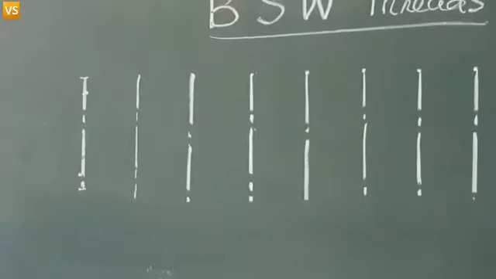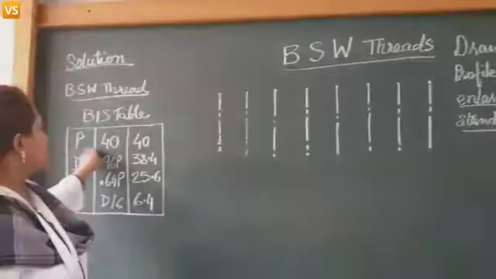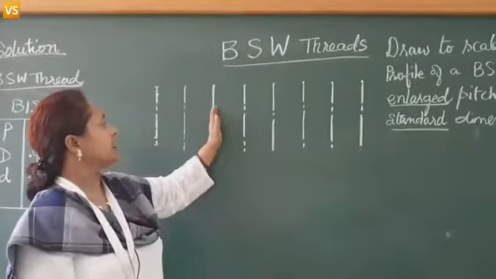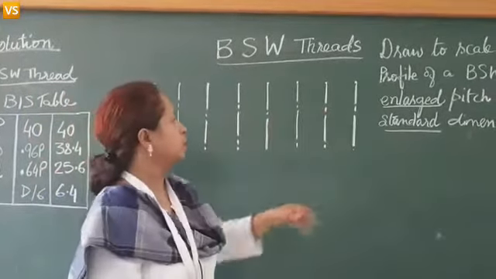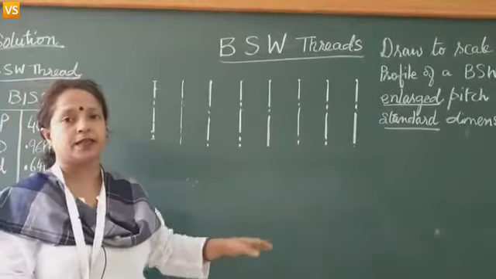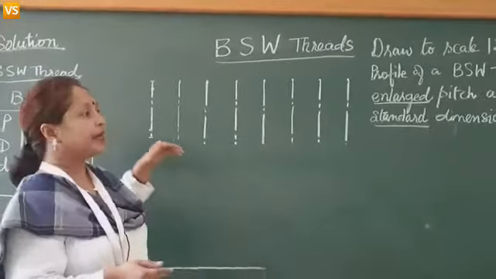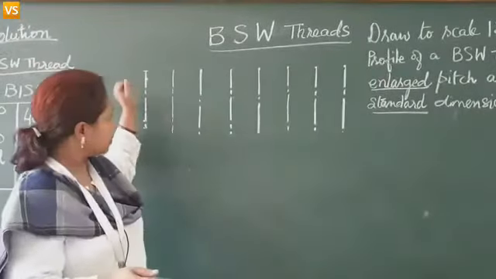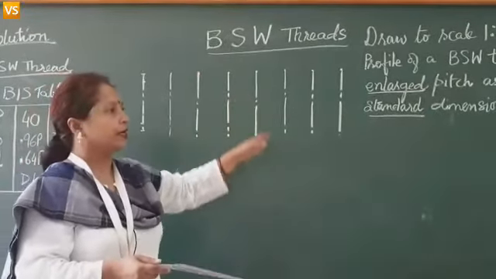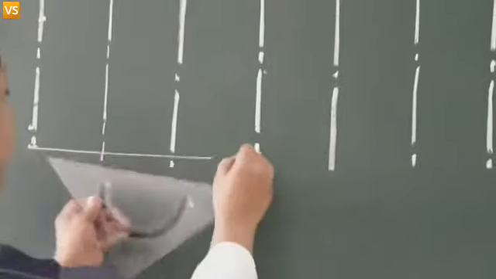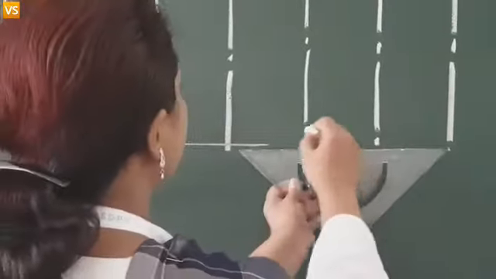So, the first step which I have done here is, as per the dimension of the pitch, I have made center lines at a distance of p by 2. That means all these center lines are at a distance of 20 mm from each other. In the textbook, the beginning is done by making a horizontal line. It is one and the same, either you can draw the horizontal lines or these vertical lines. Now, the first step, I am going to make horizontal lines. These are thin, faint and continuous.